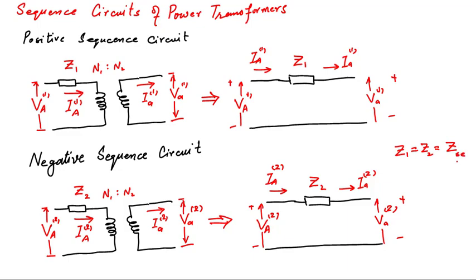That Z series is also known as leakage impedance of the transformer, that consists of the transformer winding resistance and transformer winding leakage reactances. Now currents and voltage on both sides of a YY and a delta delta transformer will be in phase. So that's why these two circuits will work well. But if we have a delta Y or Y delta transformer, then we have a phase shift of 30 degree between two sides of the transformer. That phase shift will exist in voltages as well as in current.